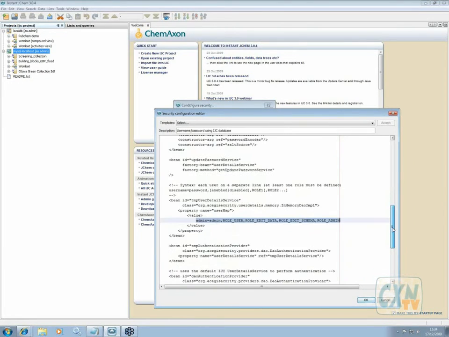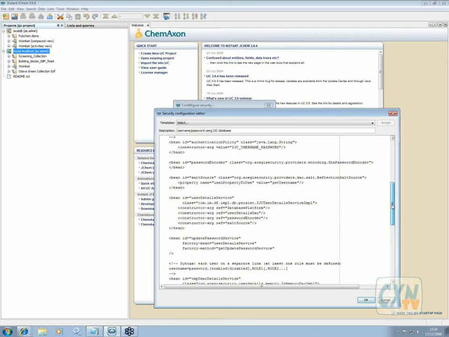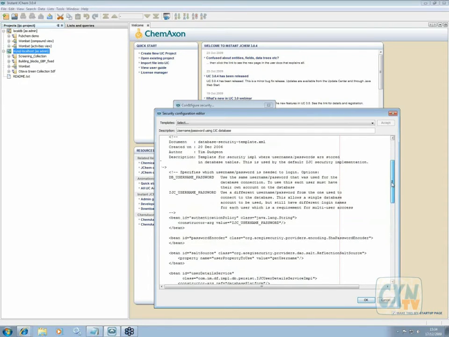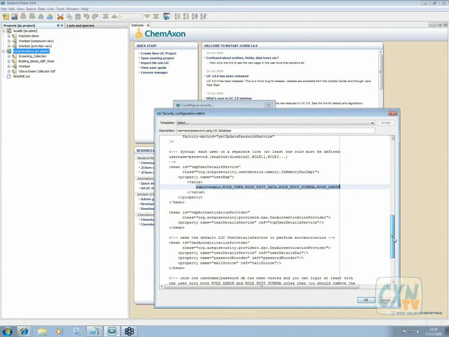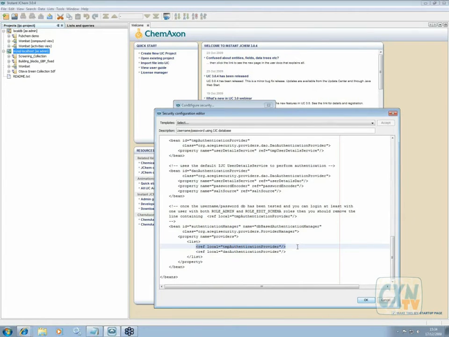So once you've got a user with the right access rights, you should probably sensibly remove this, and you just got to remove the appropriate configuration, remove this temp authentication provider, which will prevent this sort of backdoor for the admin, and that means your database is now a lot more secure. So let's look at